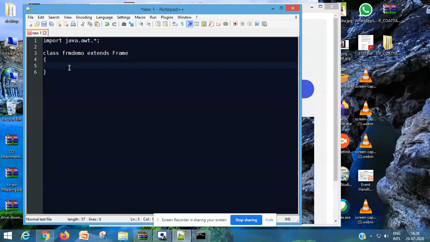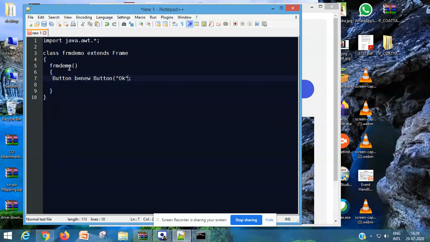Now inside this class I am taking one constructor, that is frmdemo, and whatever output I want to display on the frame window will be given inside this constructor. So here I want to add one button. That button is created: Button b = new Button, and the caption given on that button is OK.